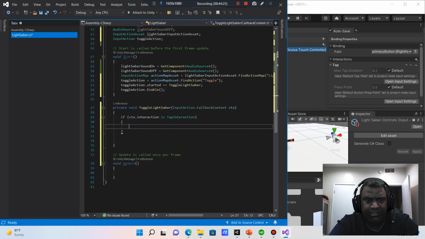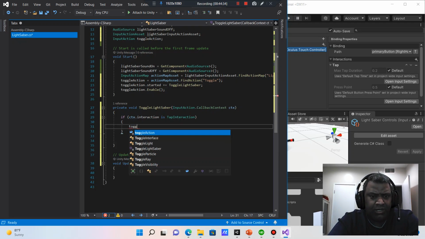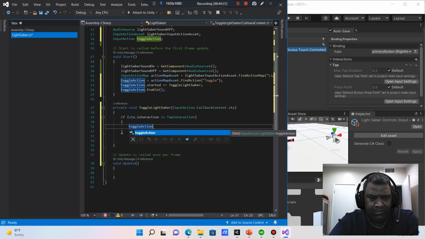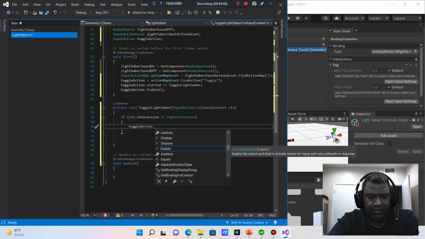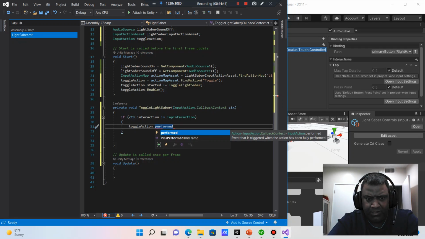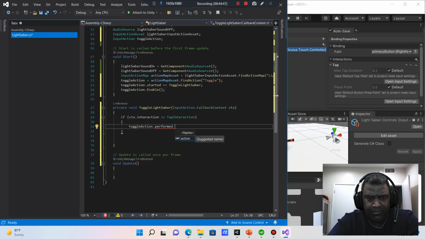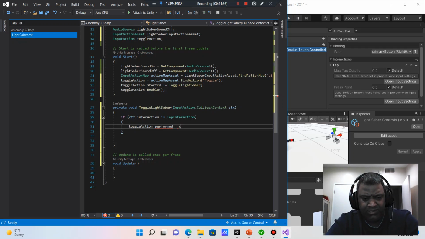To do that, we need to go and do toggle action dot perform equals ctx, and then an equal sign. So what this means